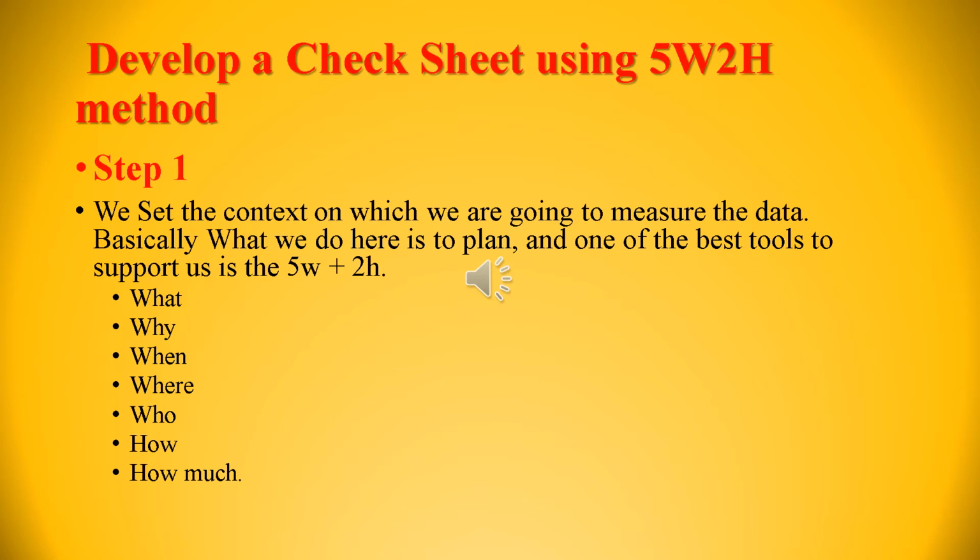The third one is where: where it will be done. The place, location, the workshop, the place where you are going to do that check. Where are you going to collect the data? The fourth one is when it will be done. Then you have to state the exact time, dates and deadline very clearly.